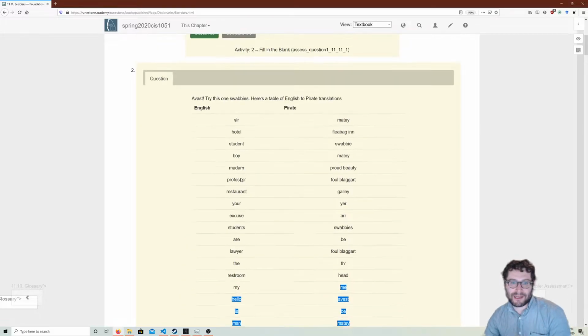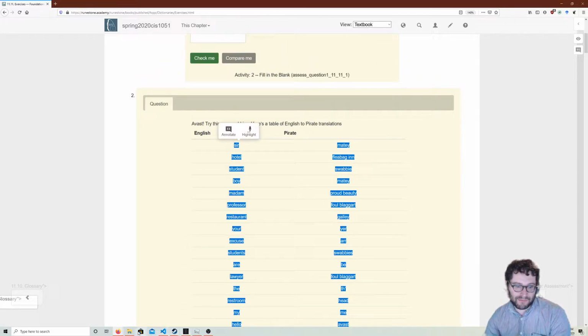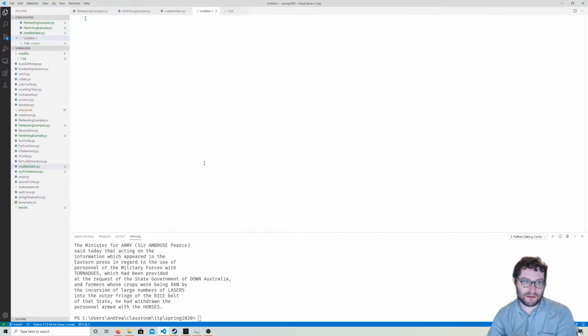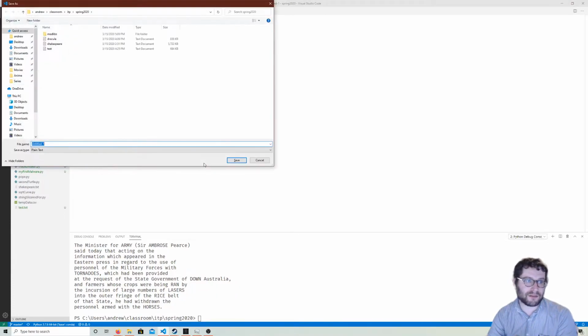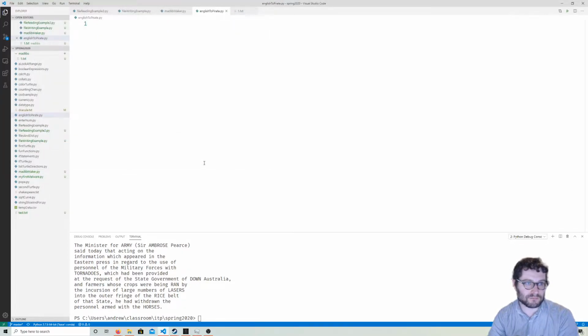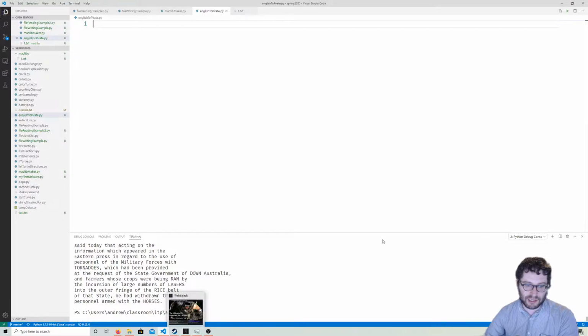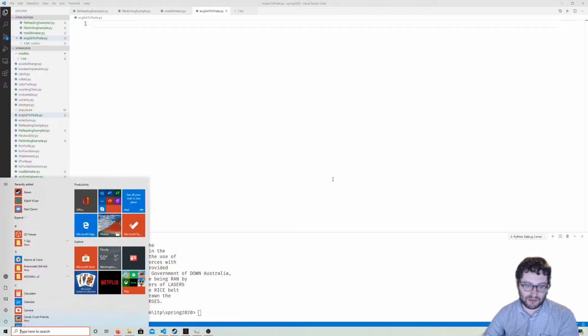Okay, so let's go ahead and grab this. So let's go ahead and call this English to pirate.py. Okay. So here is actually the perfect use for a dictionary, and then we're going to kind of use it to go all together. Recall that basically what a dictionary is. With here, we are going to go ahead and do,